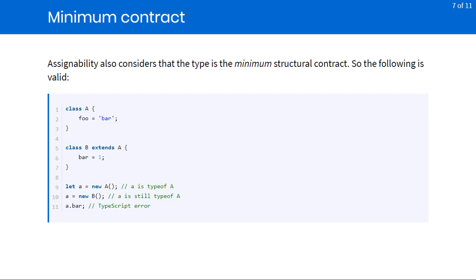Now on line 9, we initialize the variable A, and the type of A is capital A, like we might expect. We can also reassign A to a new instance of B, and that's still going to work, but the variable A is still typed to be of type capital A. So if we try to do what you see here on line 11 and access the bar field, even though the A object, since it's an instance of a B class, has a bar field, the type system's not going to recognize that because it's already set the type of A up on line 9 as an A class.